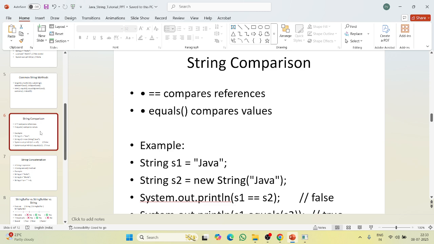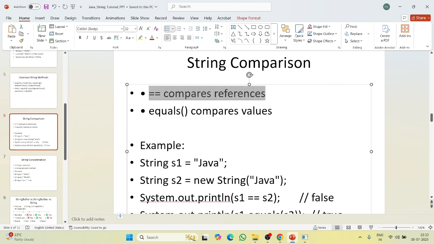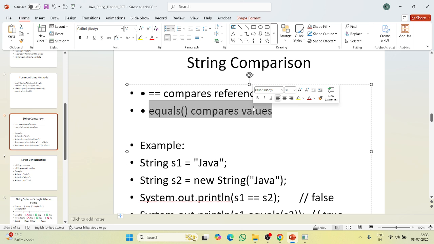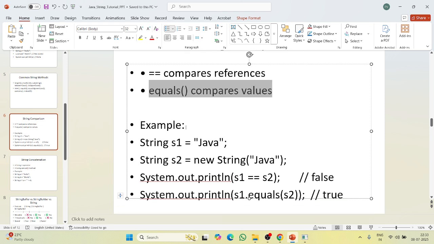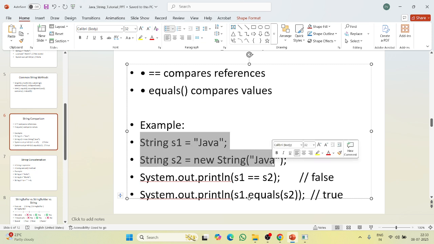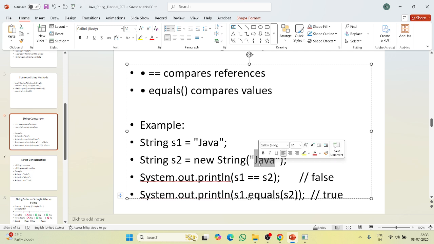In string comparison, the double equal to is an operator used to compare references, and equals is a method used to compare values of a string. For example, we have two strings: string s1 equal to "Java" directly, and string s2 created using the new keyword and passed "Java". If we check s1 == s2, using the operator here,